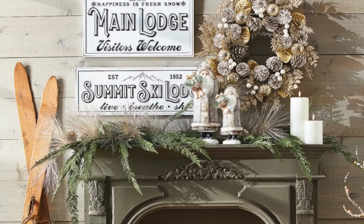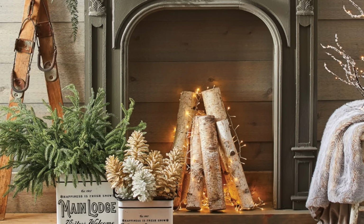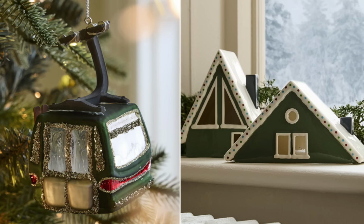Alright, the next trend I've noticed taking off already last year but getting especially popular this year is the ski and ski resort theme. You will find lots of ornaments and decor that fit this vibe in stores, and people seem really excited to create that cozy ski lodge atmosphere in their homes. Think of decorations that bring the charm of a mountain retreat into your holiday decor, like ski-themed ornaments, little wooden skis,